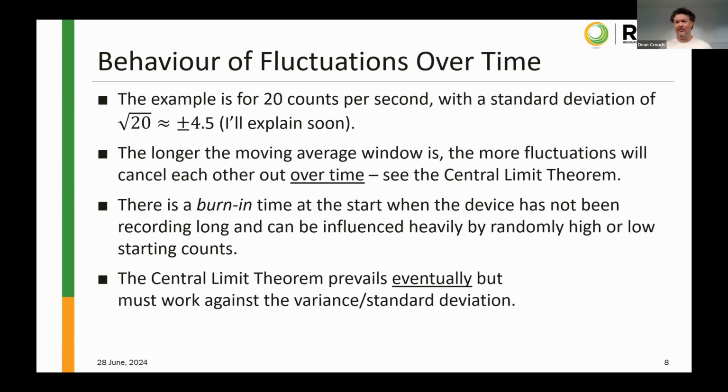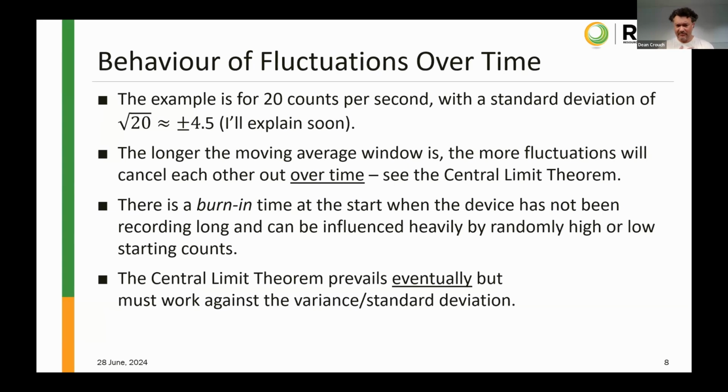I want to talk a little bit about how those fluctuations behave over time. So in the example I gave, 20 counts per second, it will have a standard deviation of about 4.5. We'll talk about that in a bit. The longer that moving average window is, the more the fluctuations will cancel each other out, and that's all because of the central limit theorem. If you sample from a population long enough, it'll always get closer and closer to that mean value or the